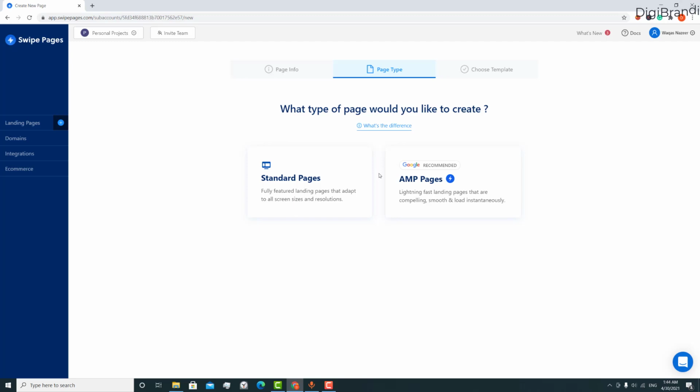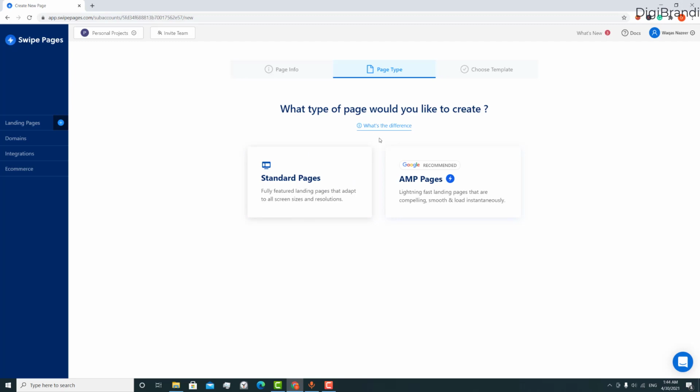These pages are pre-cached inside Google Cache, and this helps them to open instantly. When a user clicks on the page inside the SERPs, it opens instantly. So Swipe Pages helps you with that as well.